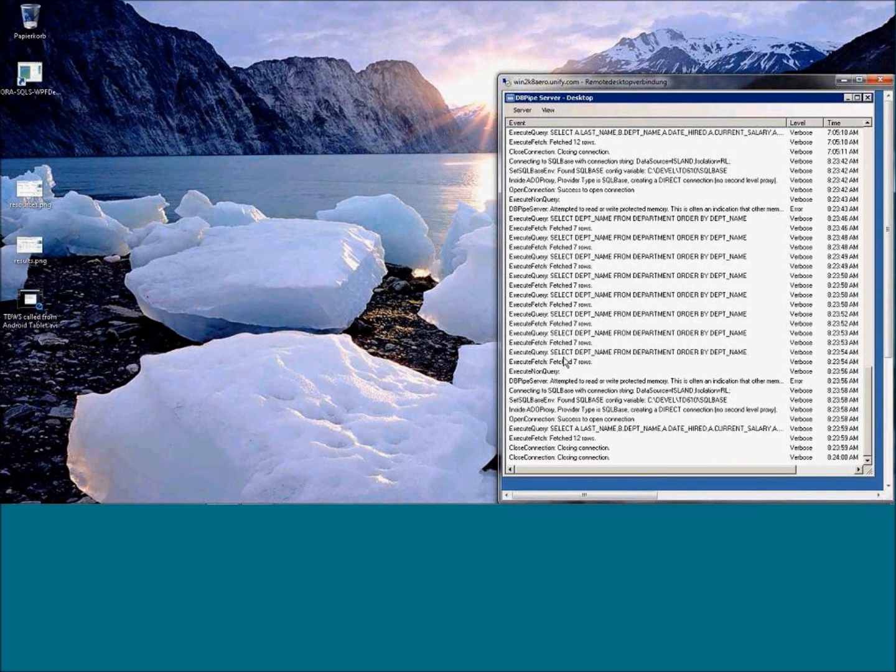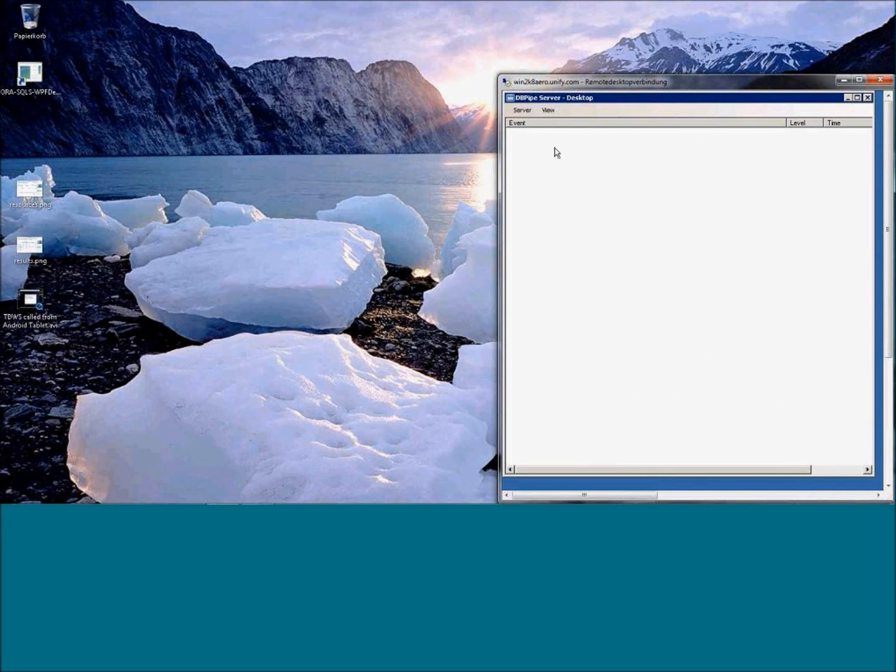And the server view displays a little bit like the SQLBase server screen, what's going on and what requests are coming in. You can set the level of detail you want to see there, for example. For this demonstration, let me clear the logs so that we can see everything exactly when it's coming in. And the first thing I want to show you is